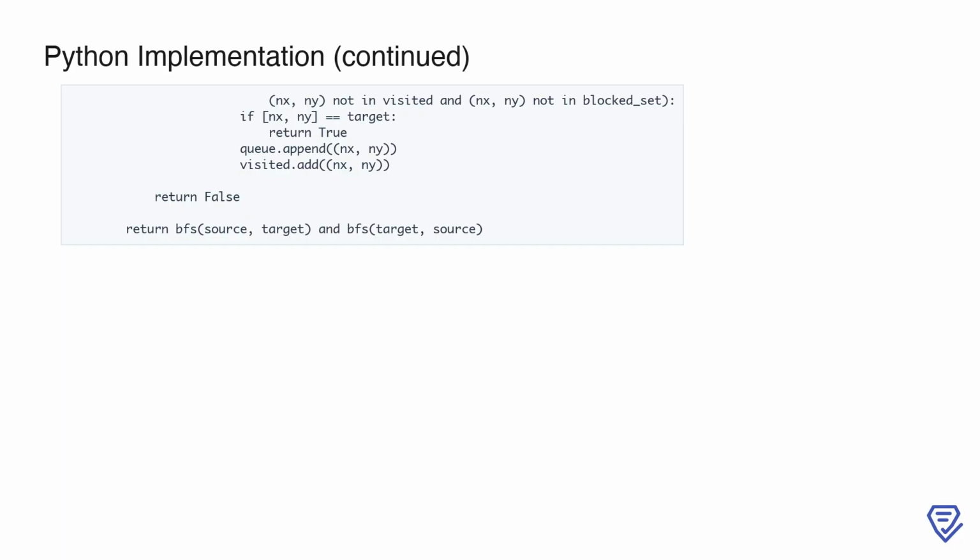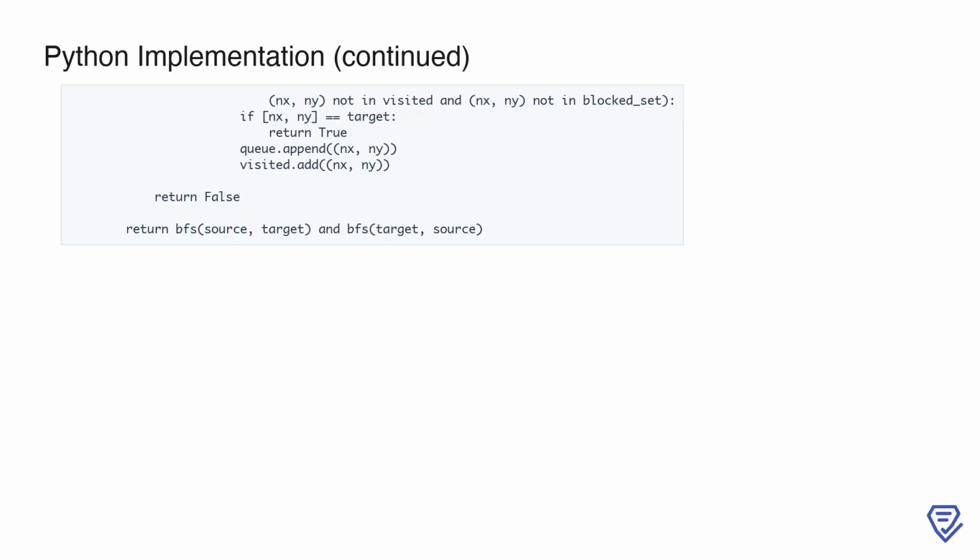If these conditions are met, we check if the new cell matches the target position. If it does, we return true immediately since we've found a path to the target. Otherwise, we add this new cell to the queue for further exploration and mark it as visited. If the loop completes without finding the target and without exceeding the blocked_limit, we return false, indicating that